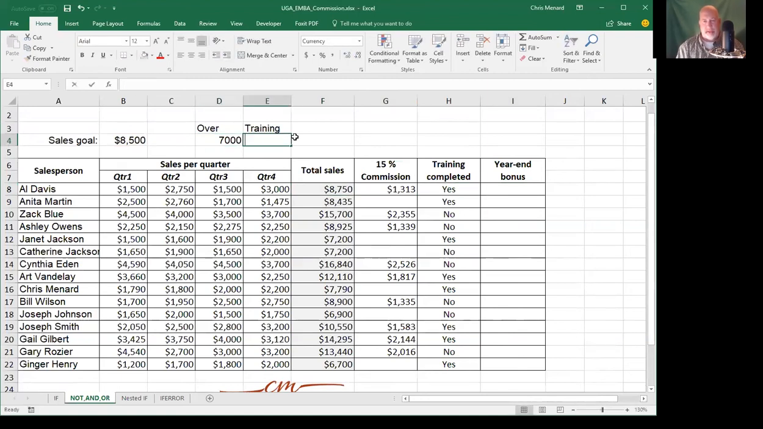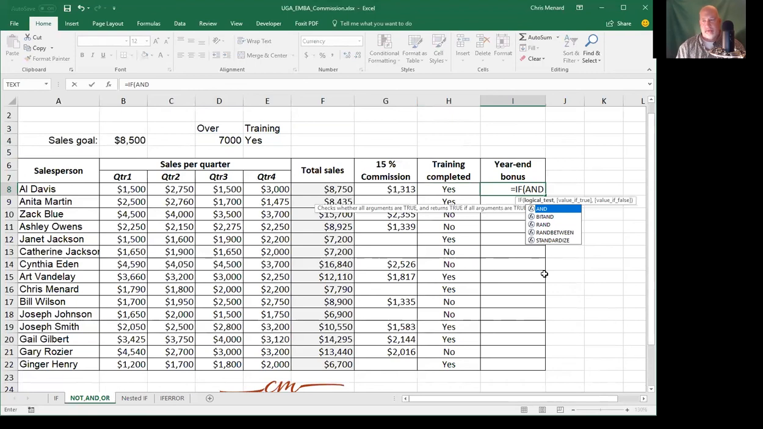And so they're going to get the 7,000. If they go over 7,000, they'll get it. And if they completed the training has to be yes, is my point. So I'm in I8, and I'm going to do equals if, and then I'm going to add to it the and function. And you can have as many ands as you want to. And I'll usually go from left to right. It really doesn't matter. So if that's greater than that, absolute reference, comma,